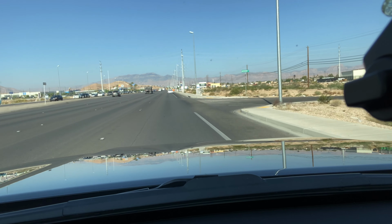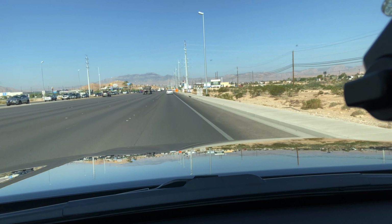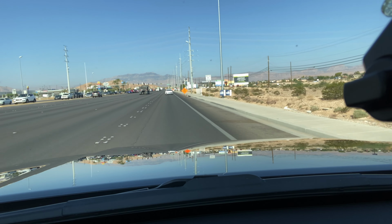I know that happens in a lot of cars, but I just kind of like it. It's one of my, you know, things. You know, somebody wants to go through McDonald's drive-thru,